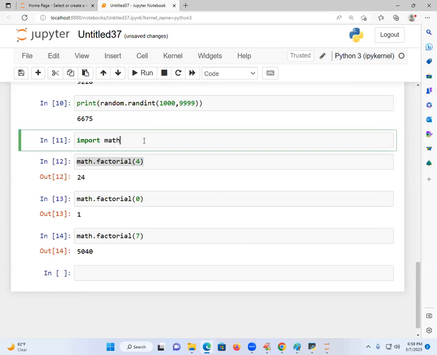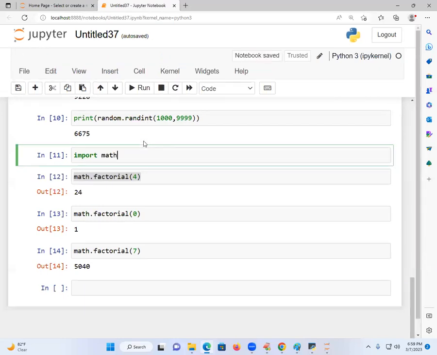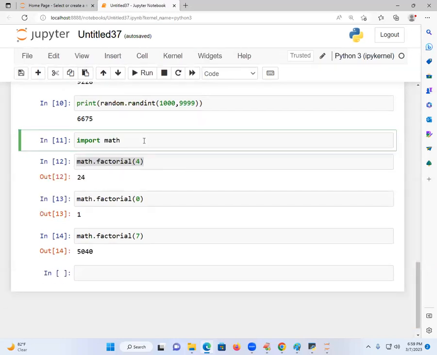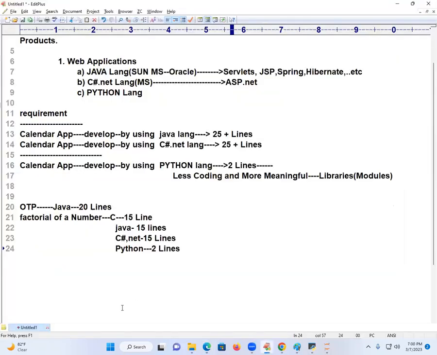QR code. Spell out. So what are you remembering about modules in my today's class? Just spell out for my satisfaction. Calendar, math, random, next QR code. Like that, I am going to tell so many modules in the class. So tell me, I am going to conclude my sentences.